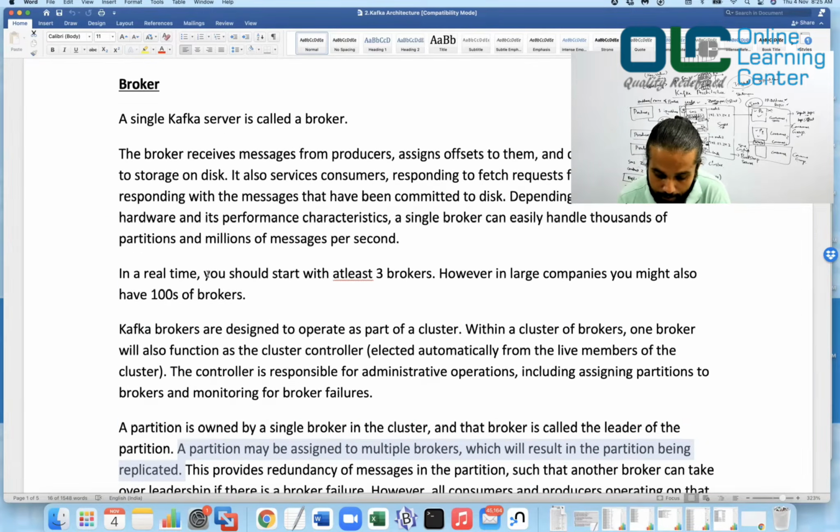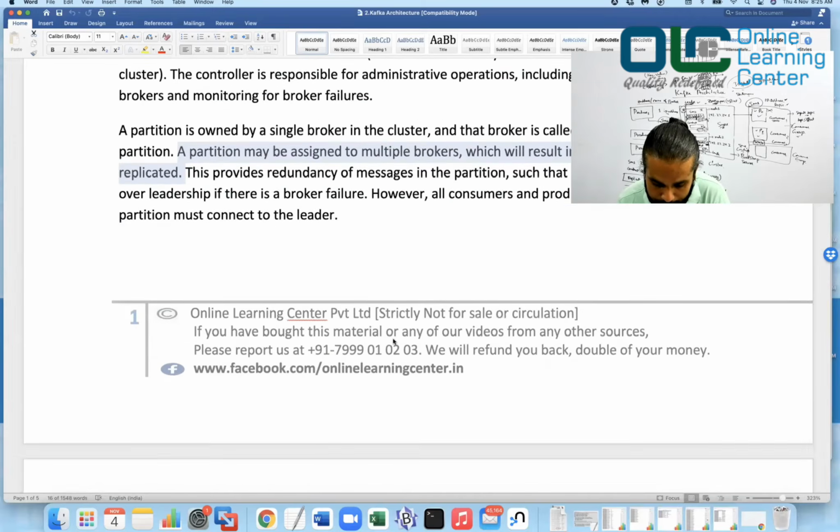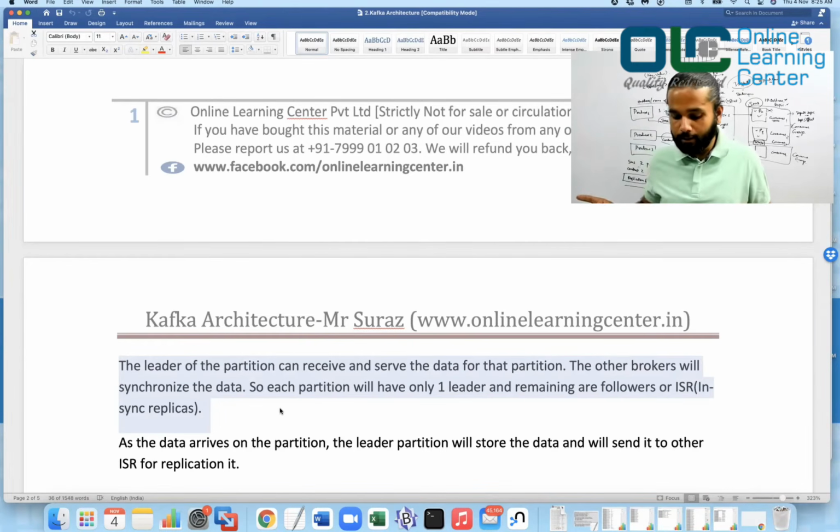This diagram says it all. The producer is producing a message for partition 0 and it went directly to broker 1. It did not go to broker 2. The reason is that the leader for partition 0 is in broker 1, and that is what we mean by this term. As we know, a partition can be replicated.